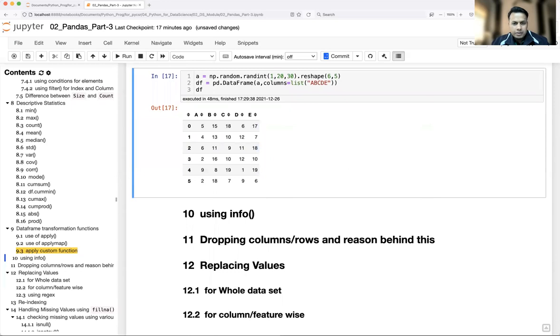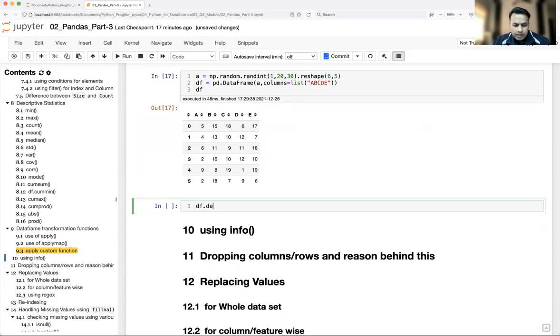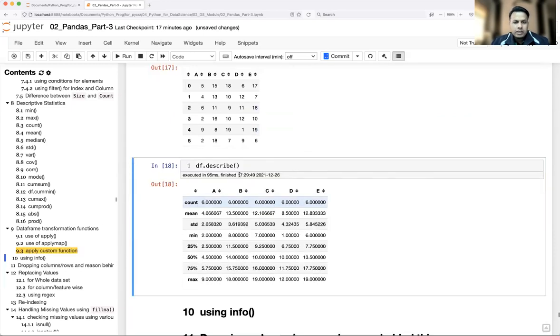Now if you remember, I showed one function called describe. What exactly does describe do? Let me just run it and I'll explain once again. Basically it gives me a summary of the whole data. All the columns will be there, and for each column, the total count is 6, which is common across all columns, so 6 elements in each column. What is the overall mean value of each column, what is their standard deviation, what is the minimum of each column, the 25%, 50%, and 75%, that is the interquartile range, and what is the max value.